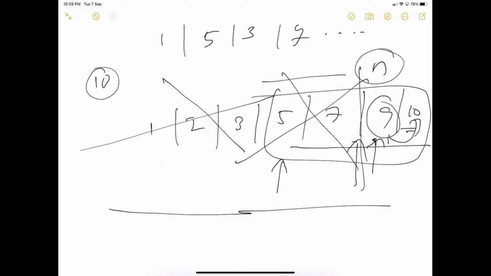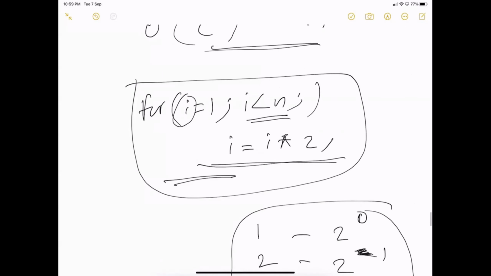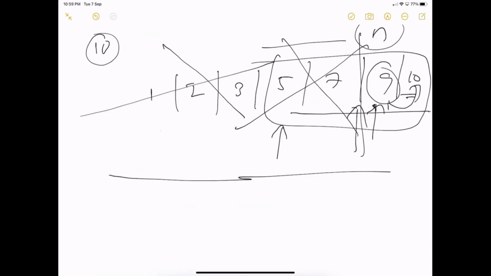So basically in binary search, in every iteration, half of the list is removed from our comparison plan. It is very similar to this case, right? Here i is jumping, getting multiplied, so it is doubling every time, and here the list itself is getting halved every time.